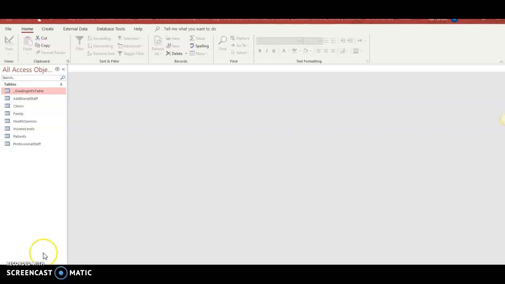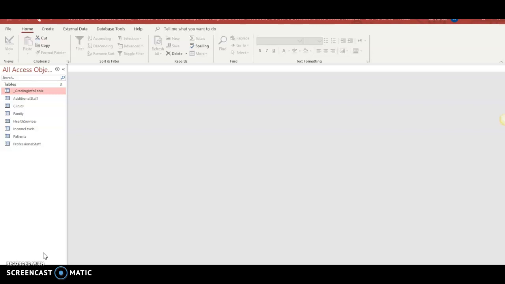This demonstration is for Access Mod 3, End of Project 2, Rural Health Associates. I have already completed the Getting Started portion of the assignment. I'm now moving on to the project steps. In number 1, you're supposed to append